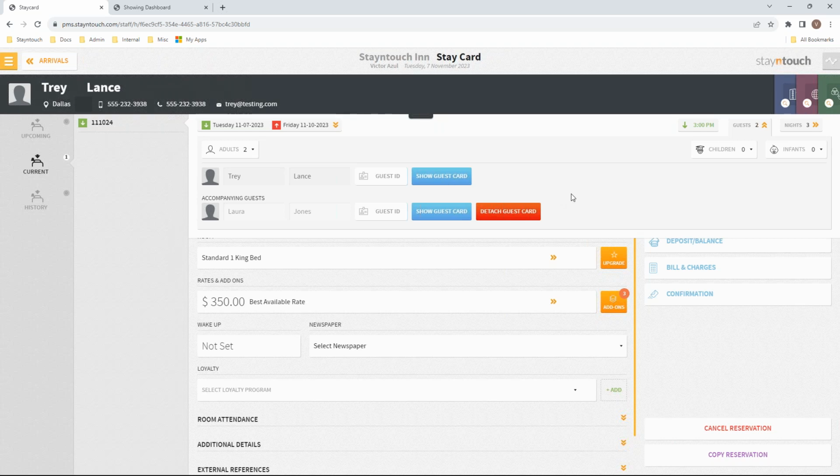Adding on to that, the accompanying guest names are read-only when the guest card is attached. So as you can see here, the accompanying guest name for Laura Jones is grayed out, and I'm unable to edit it or make any changes to that guest name. Again, just reiterating that the accompanying guest names are now grayed out and read-only if a guest card is attached to the reservation, so that users cannot change the name of the accompanying guest card from the accompanying guest section